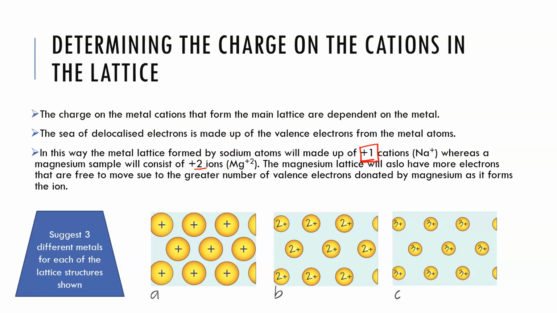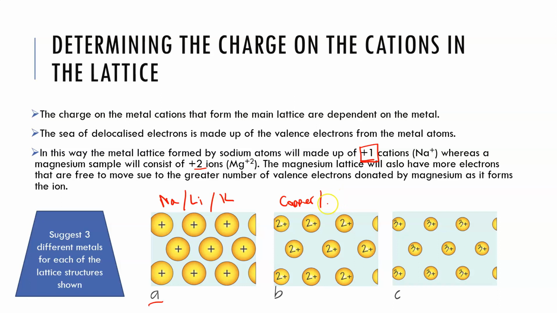So if we were drawing a magnesium lattice, it would look like B here, and we would make sure that we include the symbol of the atom in our diagram as well. So if we have a look at this and we want to suggest different metals for each of the lattice structures shown, in this case it is a +1 metal, so we could be looking at anything such as sodium, it might be lithium, it could even be potassium. Whereas our +2 could be copper,